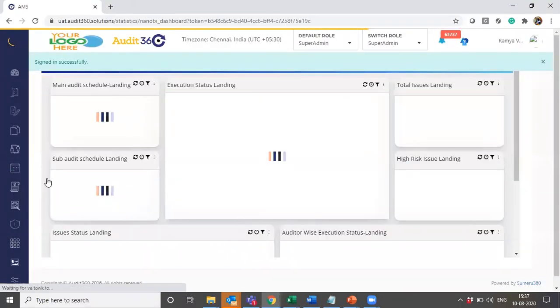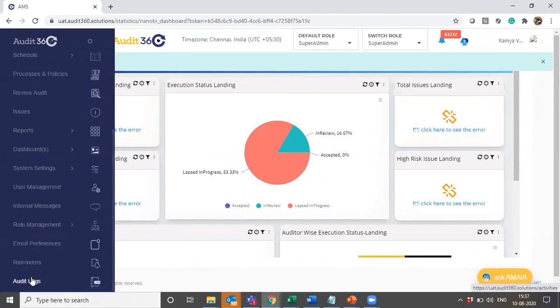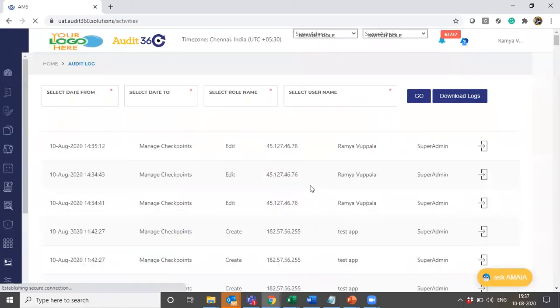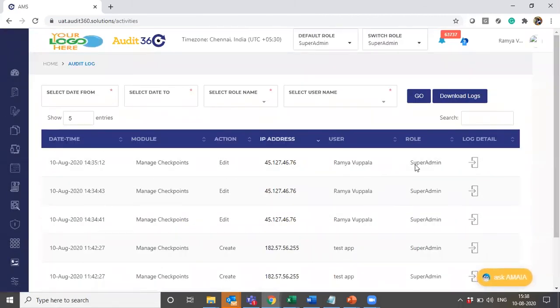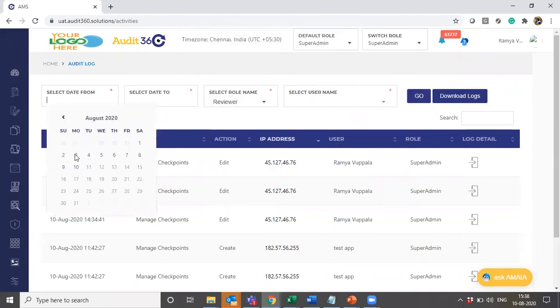Okay, so I'm coming to the activity log. I'm in my demo instance. So if you see, there is an audit log. All the information, whatever changes we do or whatever activity we do, gets registered in the log here. This option is available for super admin. Now we have given this along with the date filter. Now we are even giving a filter at a role level or user level. So if you would want to choose any role, you can choose a role on which you would want to check the activities being done. And you can even select the date.